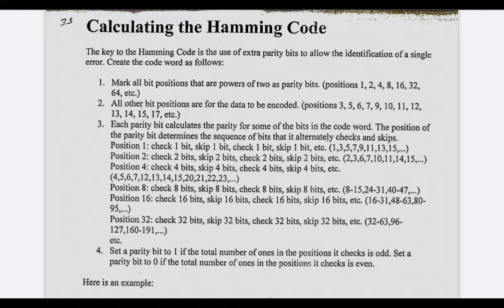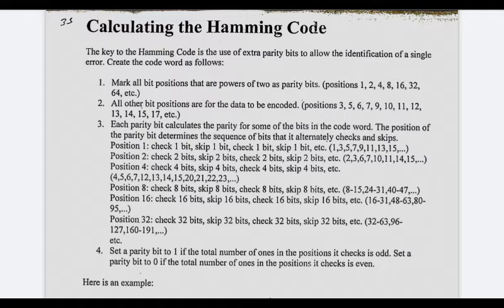Starting there, check 2 bits, that is 2 and 3. We leave 4 and 5, check 6 and 7, leave 8 and 9, check 10 and 11, leave 12 and 13, and check 14 and 15 in a similar way. You are checking 2 bits and skipping 2 bits, starting from position 2. The same thing applies: you count the number of ones in all these positions according to the rule mentioned in the fourth point. Based on that, you decide whether the parity bit at position 2 should be 0 or 1.